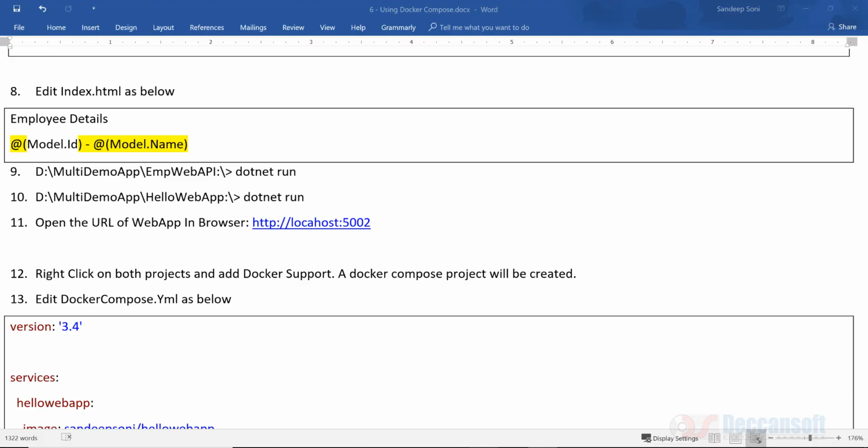So in the previous session, I set up the complete application wherein I have a web app and a web API. Of course, the web app makes use of the web API using a URL. I also demonstrated, when running locally, how we can mention the URL of the web API in the web app. So, going back to the same application once again,